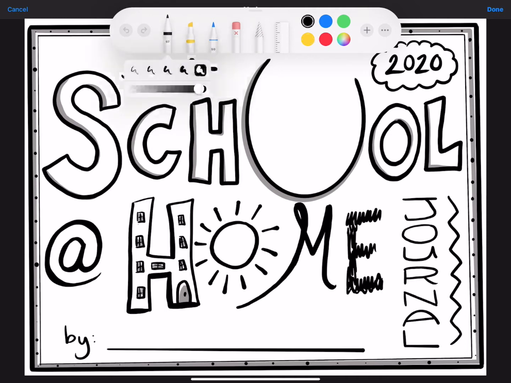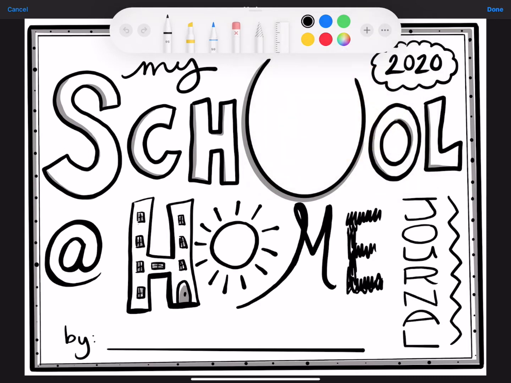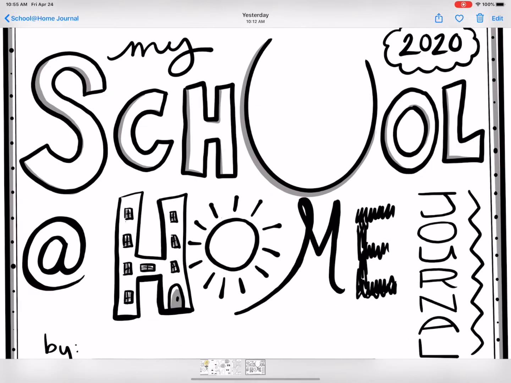You have thickness up here, and you also have the opacity, how thick or thin the color is that you can change. And then you have the pencil tool and the eraser tool. And then you have the standard colors and then the color picker, so you can pick all kinds of colors. So you can color it in, you can put your name on there, and cartoon yourself right here inside of the first O of school. So I'm going to click done